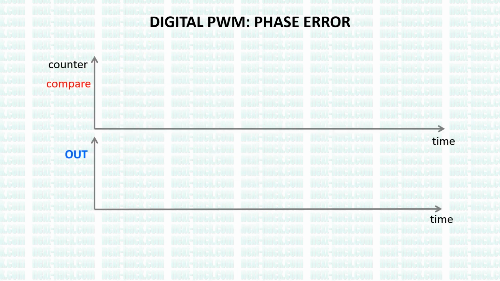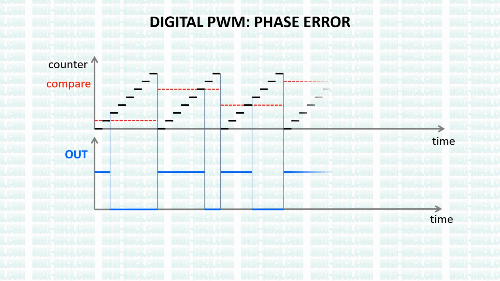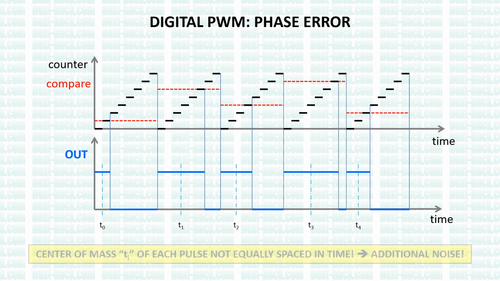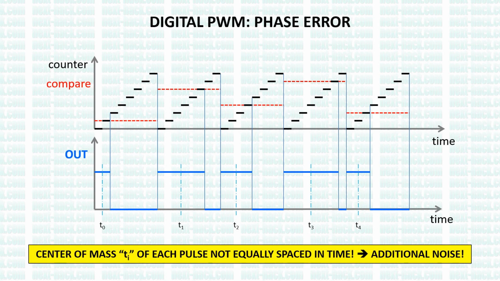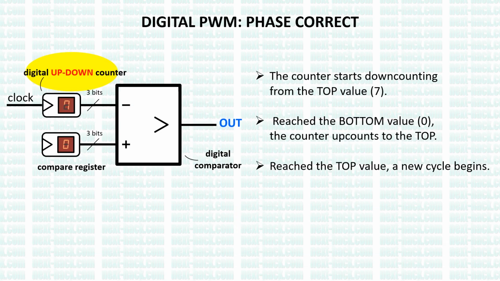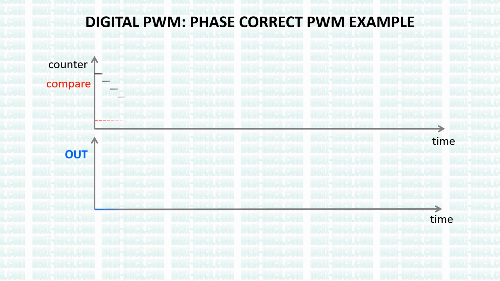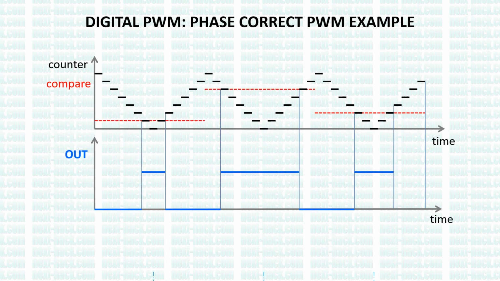In our program, we used a phase-correct PWM. In fact, considering a single-slope PWM, you may notice that the center of all the generated pulses is not evenly spaced. This will reduce the audio quality. To avoid this, we use a dual-slope counter. In this way, the center of each pulse will always be placed at a constant interval.